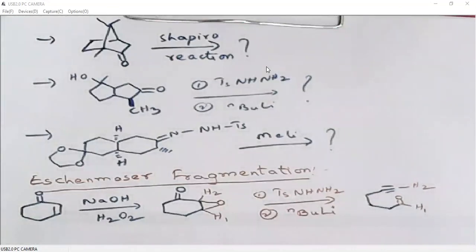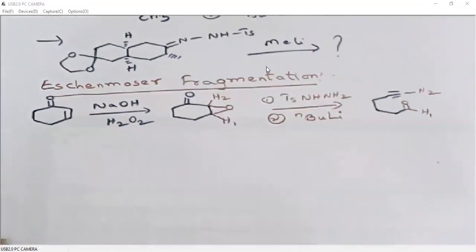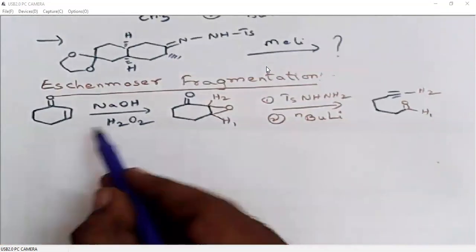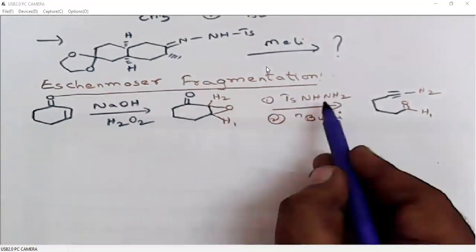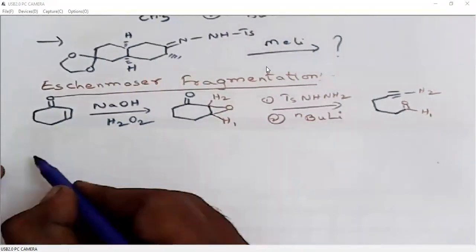When we apply Shapiro reaction conditions on an epoxide next to a carbonyl, we are generating a triple bond between the epoxide carbon and the carbonyl carbon. So this will be converted to a triple bond, and the other carbon in the epoxide will be converted to a carbonyl, because we are having a hydrogen. It is an aldehyde. If we have an R group here, it becomes a ketone. So this is what is called Eschenmoser fragmentation. I will also discuss the mechanism here. Of course, I don't need to discuss the mechanism up to this, and the next tosyl hydrazone reaction also. So I will discuss the mechanism after that.